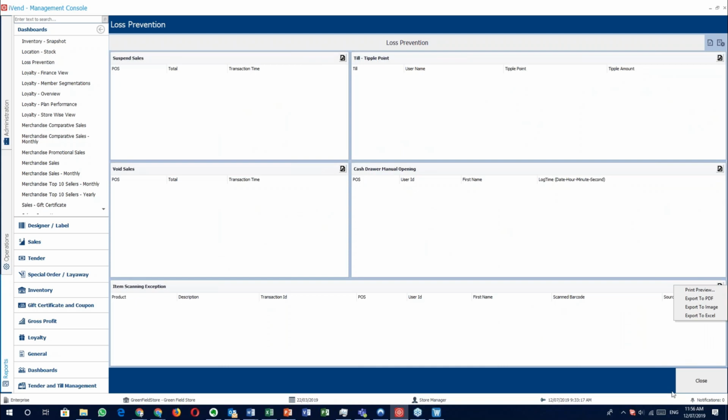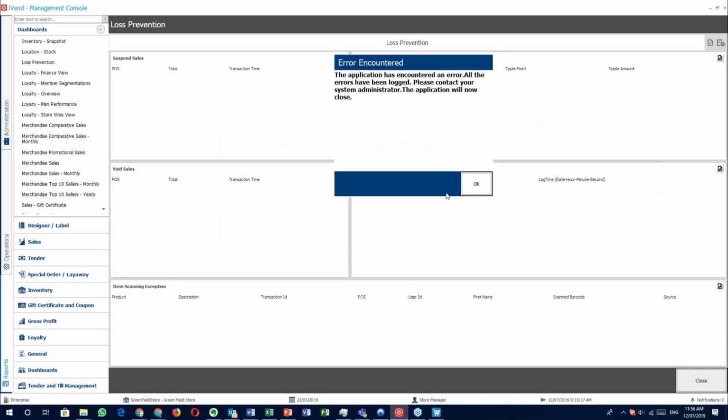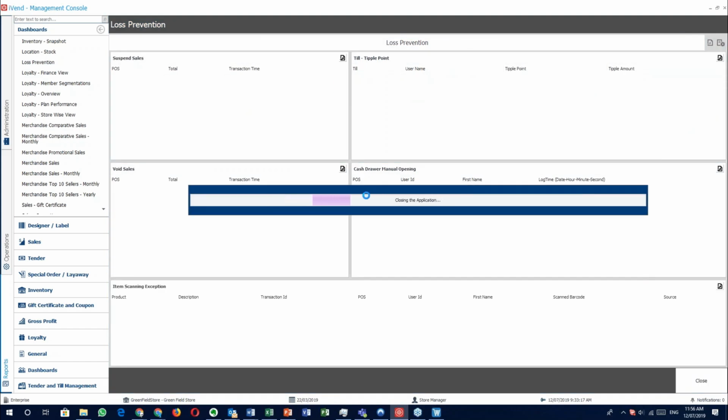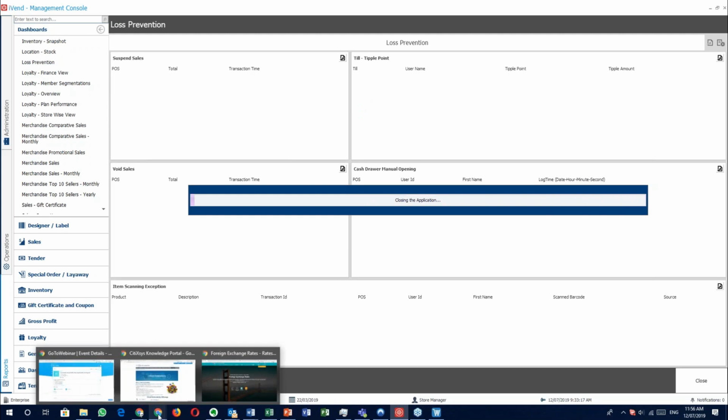I'm scanning exception. Okay, let me just rerun this. Woo. Once again, I've done horrible things to this thing and it's now complaining. I'll rerun the loss prevention report so you guys can see what it actually says. Actually, on this point, it brings me to something else that we can have a look at, which is